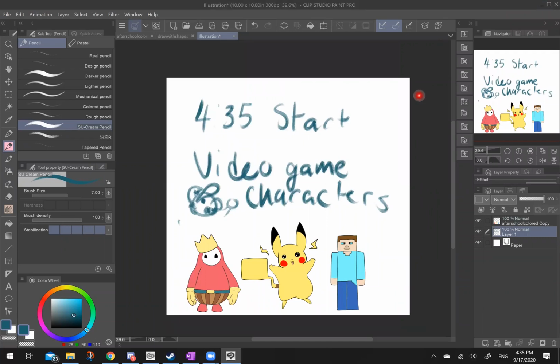and Pikachu and Steve from Minecraft. But we can always draw whatever you guys want. I think I'm gonna start with Fall Guys because he's pretty easy, and